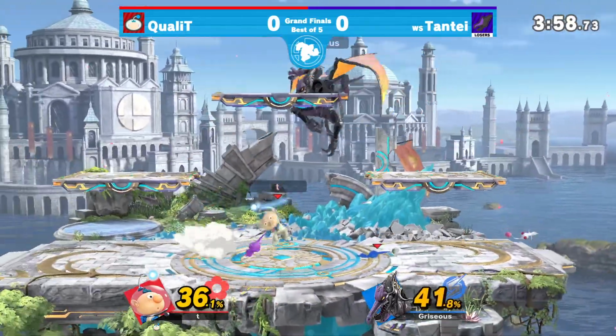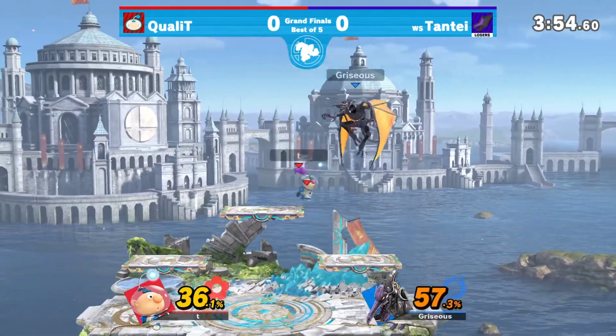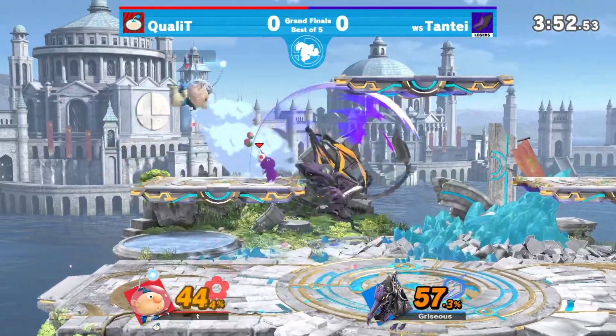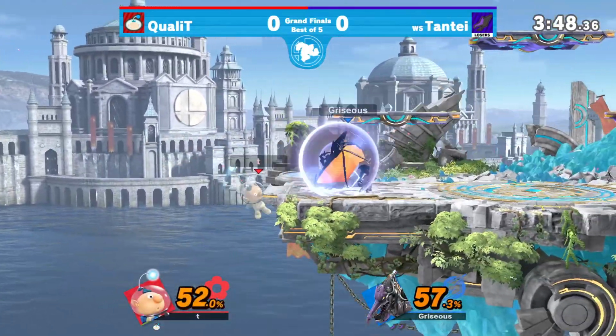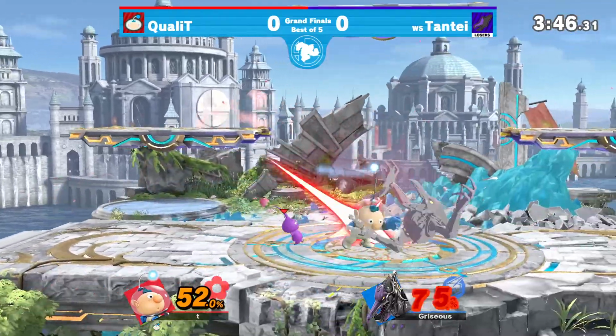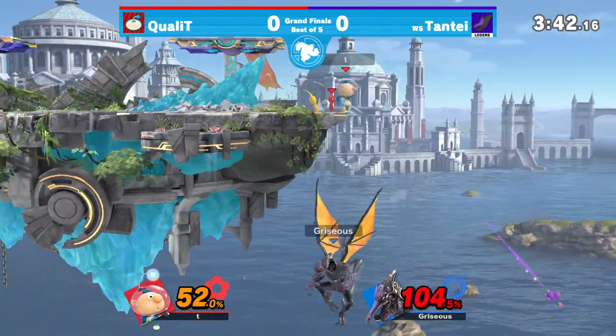Tantei's got a stock in hand. He's obviously recognised that he's got room to play with, and he's not afraid to sort of threaten those options. Yeah, definitely, but still playing safe enough and still keeping this really strong advantage. And like we said there, the Nair just taking out the white Pikmin, not able to get any extra damage is QualiT. And he gets, not quite going to take it there with the jab reset,